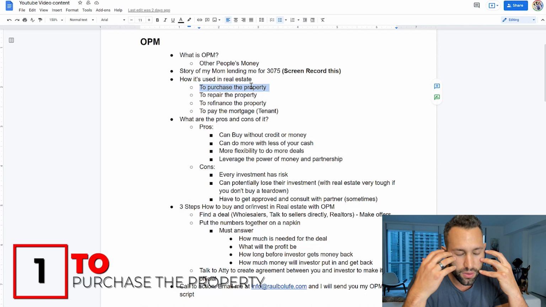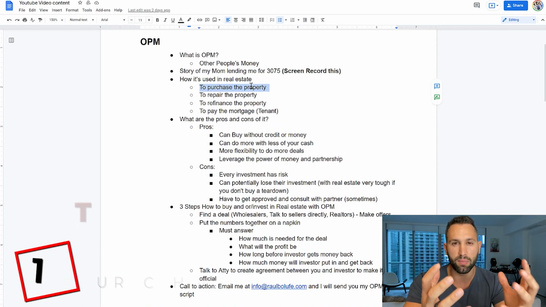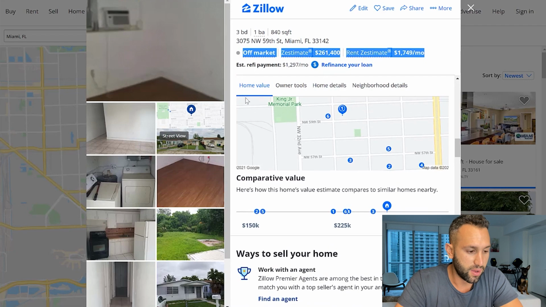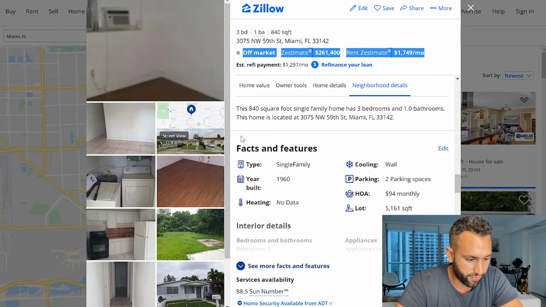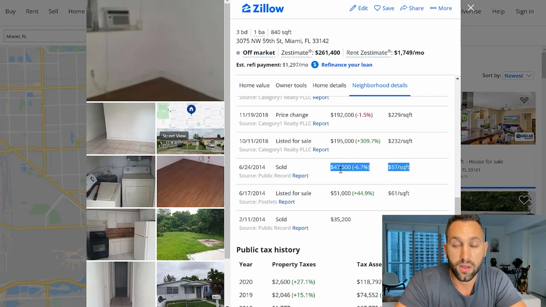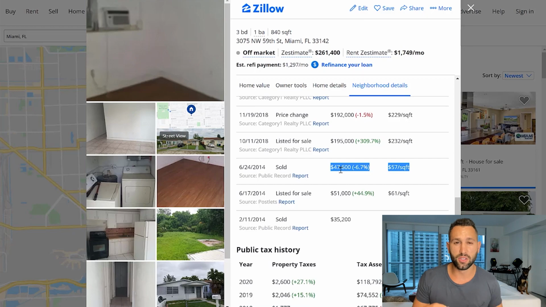So when you decide, I'm going to buy a property, or I really want to buy a property, or this is the house I want to buy for an investment, you need to purchase that property. So for example, 3075, the wholesaler was selling it to me at $47,600. So I needed the $47,600. It was either gonna come out of cash,